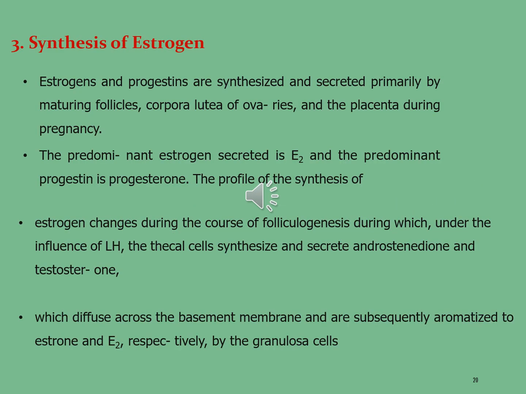Synthesis of estrogens. Estrogens and progestins are synthesized and secreted primarily by maturing follicles, corpora lutea of ovaries, and the placenta during pregnancy. The predominant estrogen secreted is E2 and the predominant progestin is progesterone. The profile of the synthesis of estrogen changes during the course of